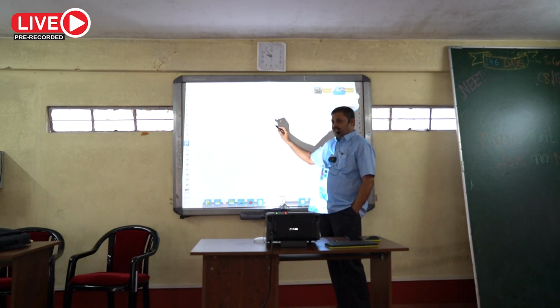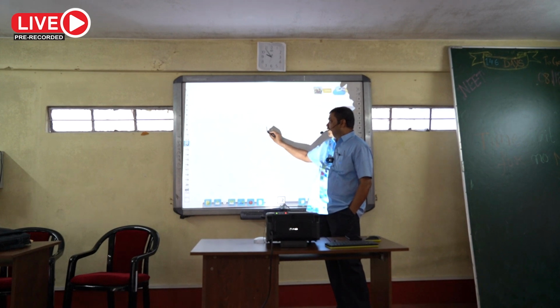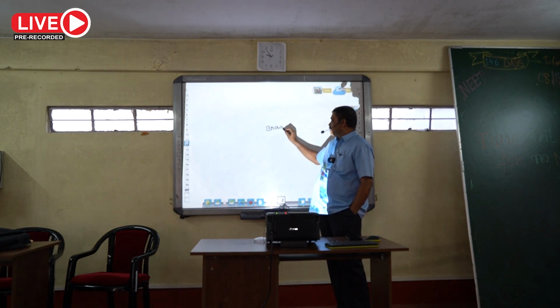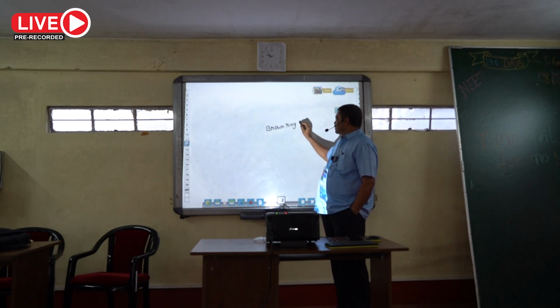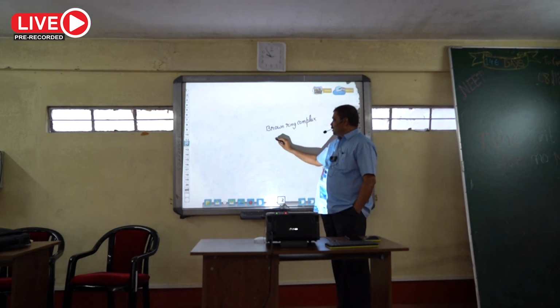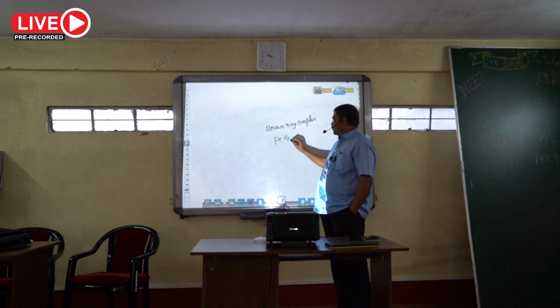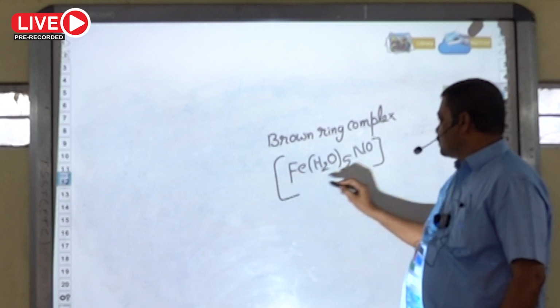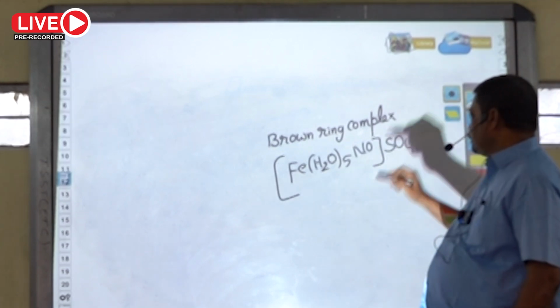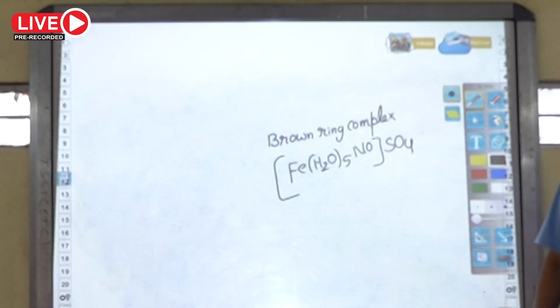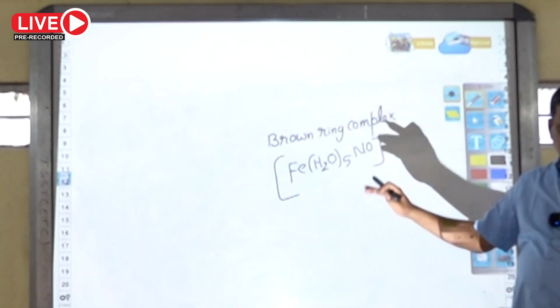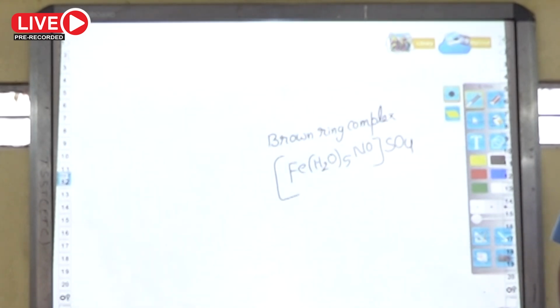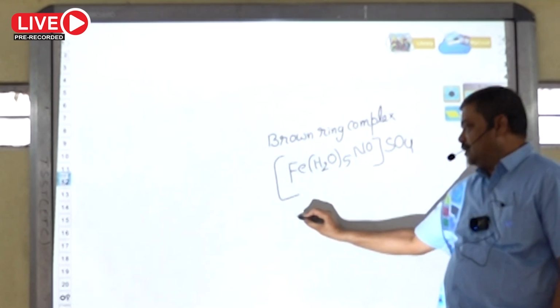Iron shows +1 oxidation state in brown ring complex, [Fe(H2O)5NO]SO4. Common name is brown ring complex. IUPAC name, penta-aqua